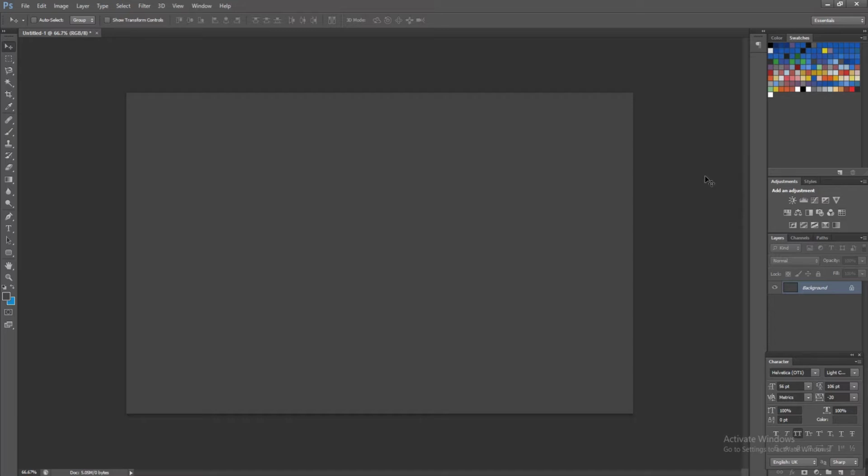Now create a new layer and name it Poker Card Base. Guys, we are going to create the poker card base by using the rounded rectangle tool. The shortcut is U. We need a shape layer as it needs to be fully editable when we are going to edit the card shape itself. Set the radius from the top menu around 40 pixels and drag the regular card shape.